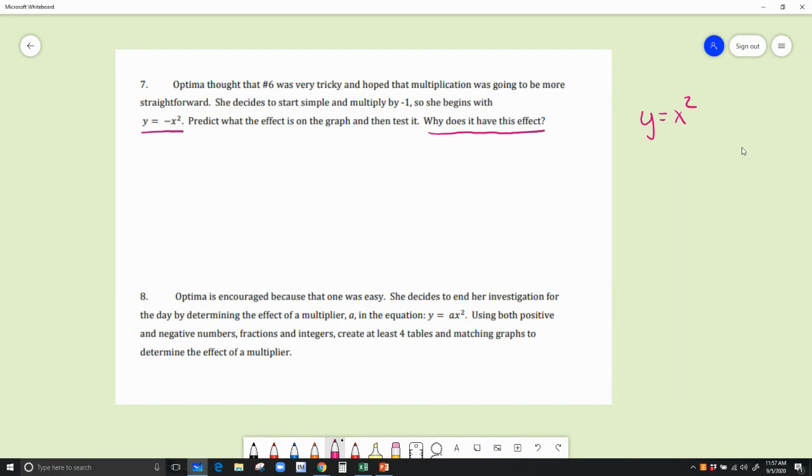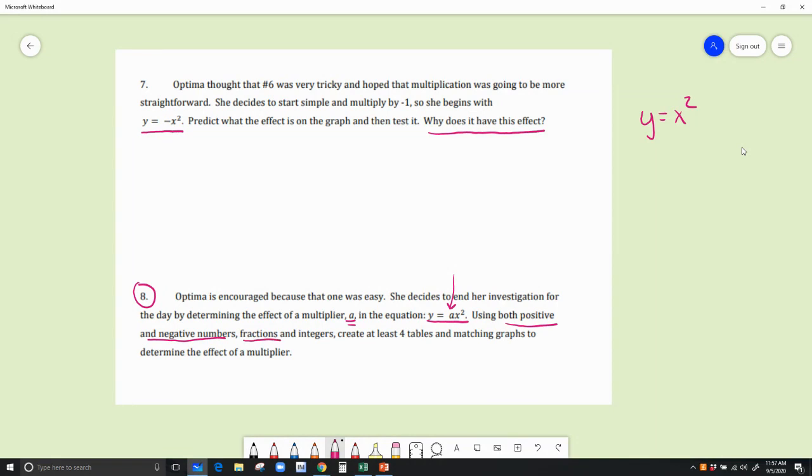All right, now that you've had a chance to do that, let's do number 8. Last problem. Optima's encouraged because that one was so easy, right? She decided to end her investigation for the day by determining the effect of a multiplier. So adding an a in the front. So just like this equation, an a is about to be some number. Using both positive and negative numbers,